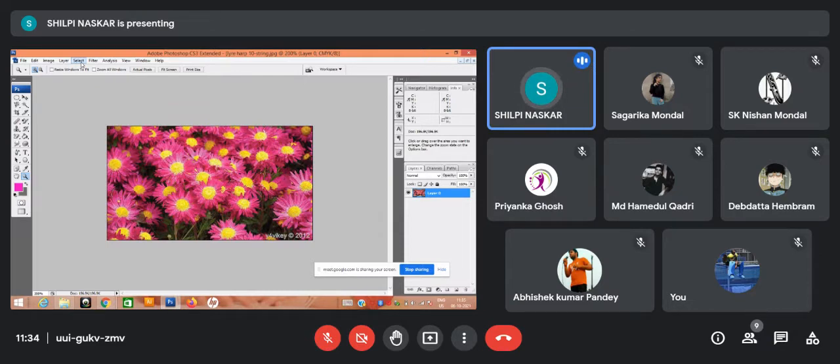Not only CMYK, every color mode you change to, you can get CMYK and RGB data from that image also. Okay, see I have changed it to CMYK. Here it is changed to CMYK, and in the info palette you can check the CMYK values of it. Can you see it? Can you see it?